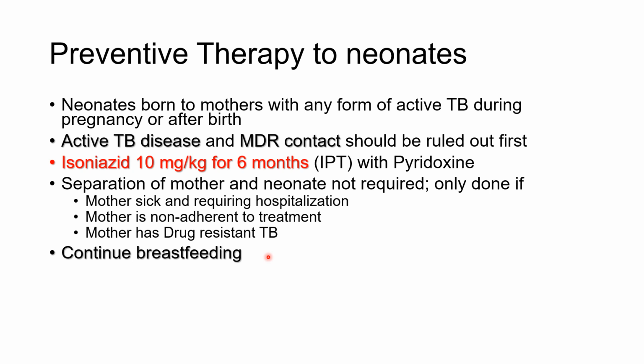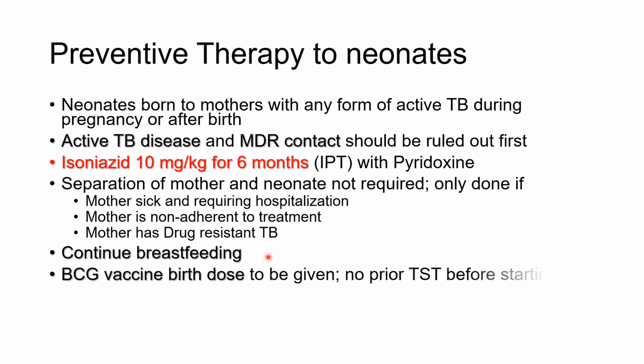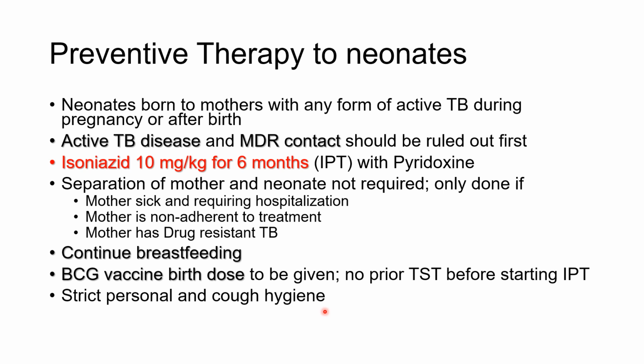and the patient has to continue breastfeeding. Malnutrition causes a lot of death, so breastfeeding has to be continued irrespective of the TB status of the mother. That is a very important thing to know. And BCG vaccine birth dose is to be given. No prior tuberculin skin test before starting isoniazid preventive therapy. That is a must. BCG vaccine has to be given to all,